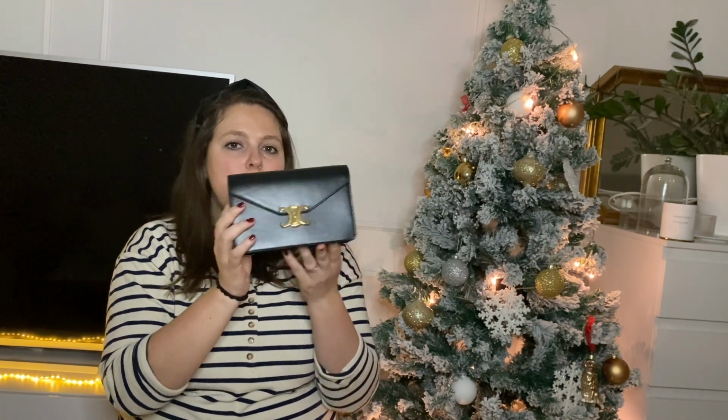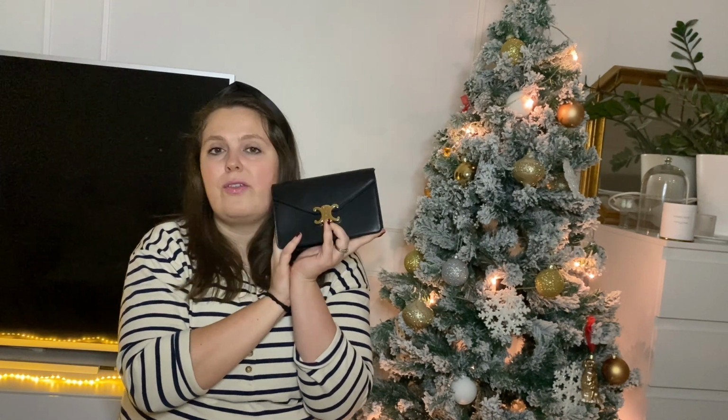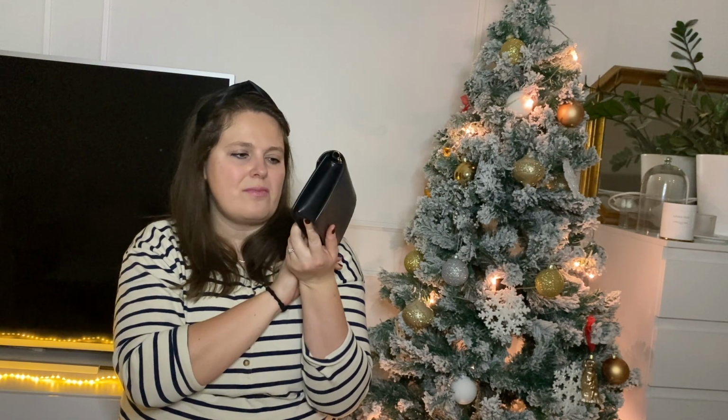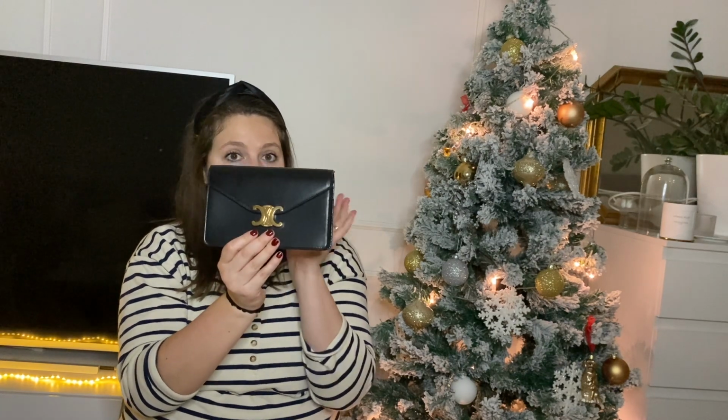I think this is so beautiful. I don't know what it is with the Triomphe logo or pattern here on the clasp, and in general that Celine has brought this to bigger attention again. But this combination of gold on black is just beautiful in my eyes. That's all I can say. So this definitely is one of my favorite purchases because I've wanted this for so long and now I have it. I really love it, and if you're looking for this Triomphe line, this is great